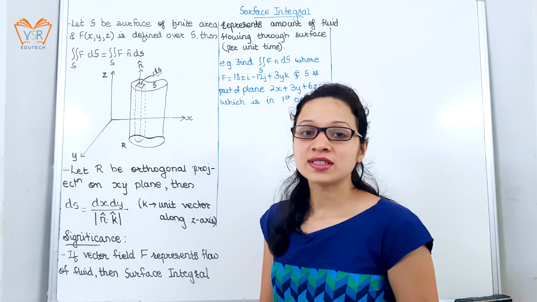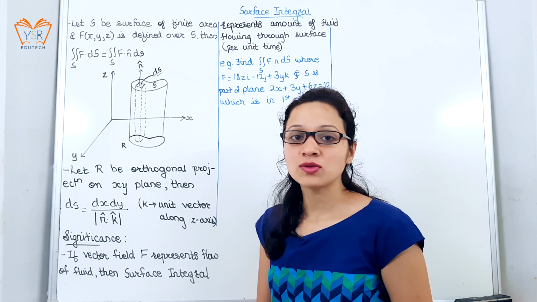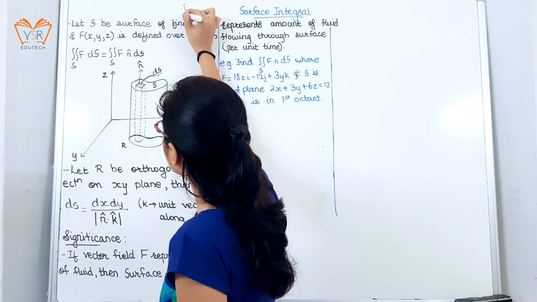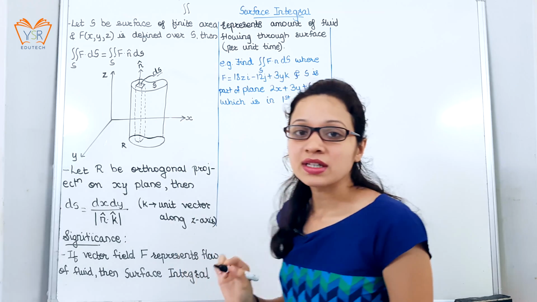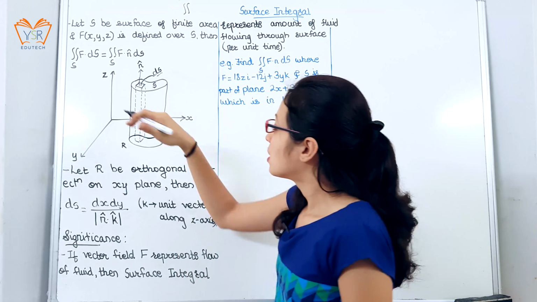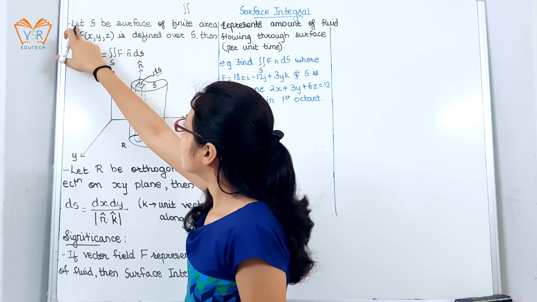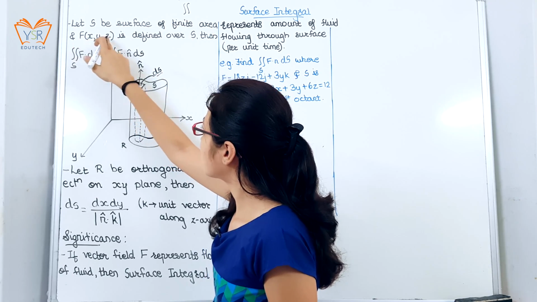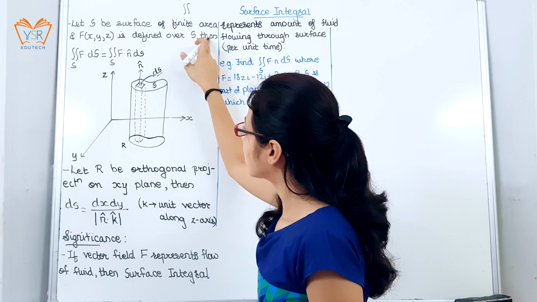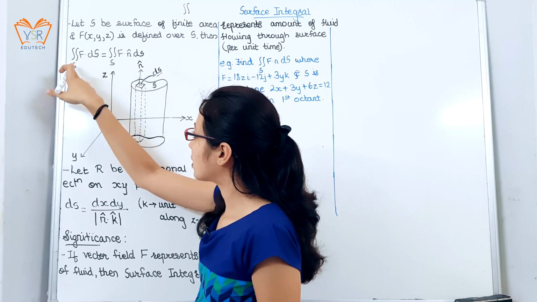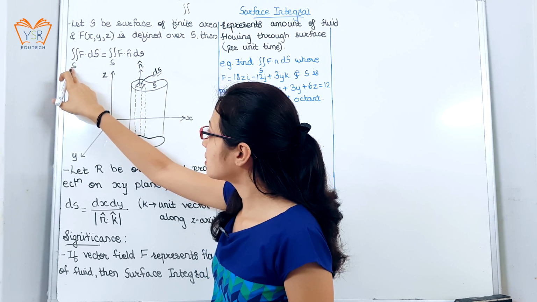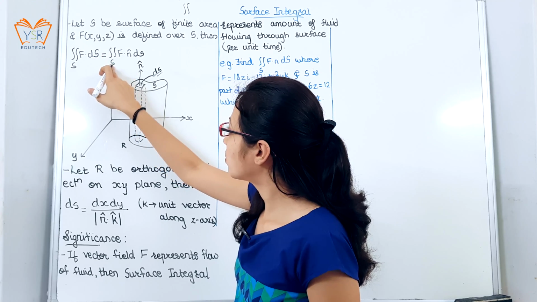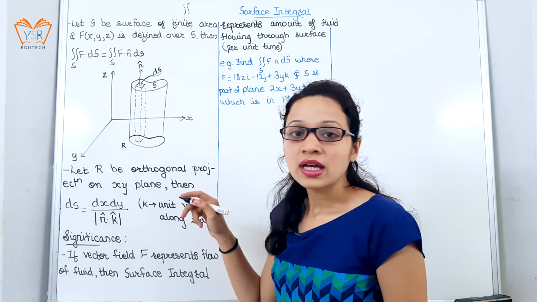The general definition says that it is the sum of vector values with respect to area. We simply find out the double integral over each coordinate and we get the surface integral. Let us go for the definition. Let S be the surface of finite area and f of x, y, z is defined over S, then the surface integral is given as the integration over surface S of f dot dS, which is equal to the integration over surface S of f dot n cap dS.